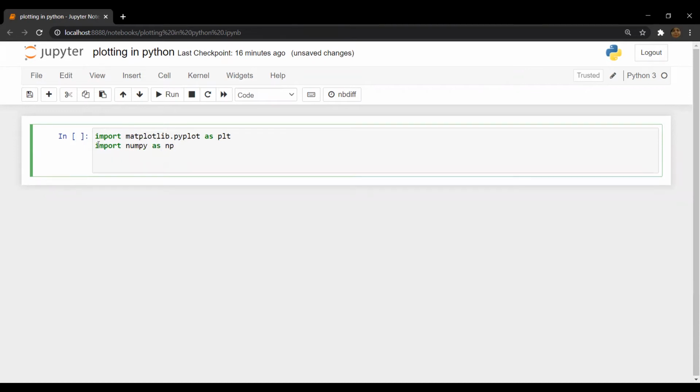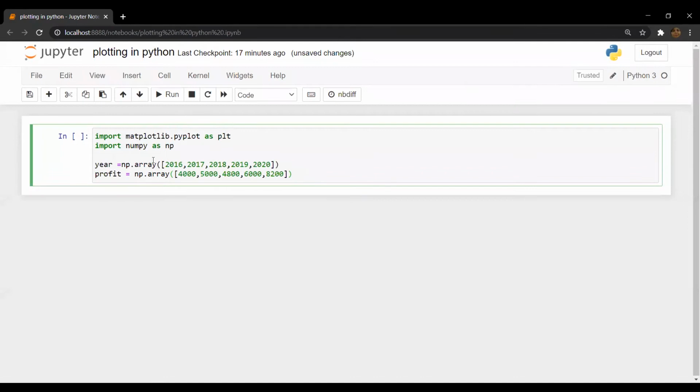So let's create a few arrays first of all with some data. We can also read data from CSV files into a pandas data frame or into a dictionary, and we can use that as well. I will demonstrate it later in some tutorial.